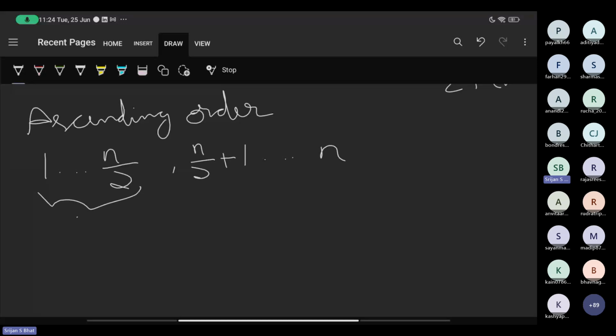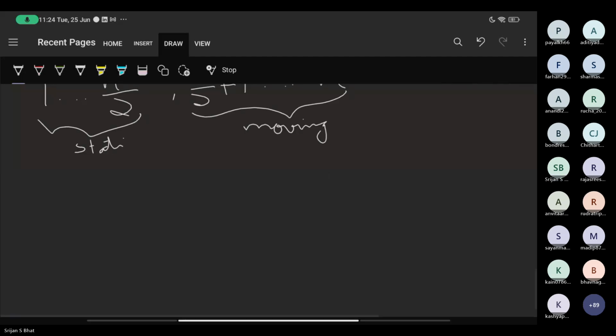So this is stationary and this is moving, depending on the optimization problem you have at hand. So is everything clear until here? Any questions?